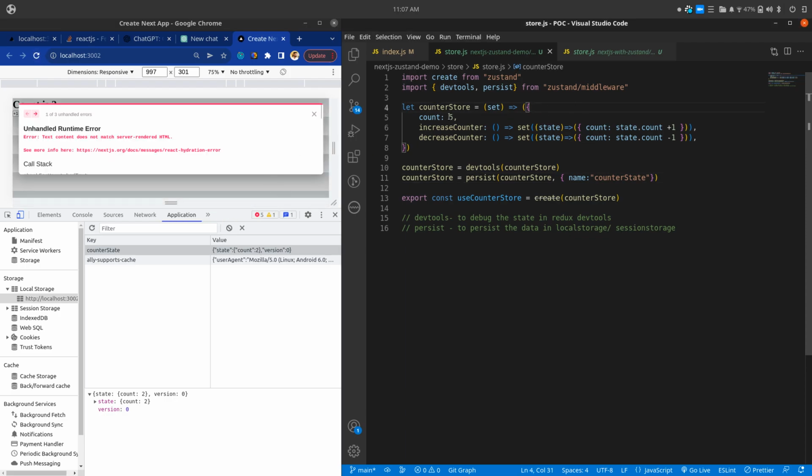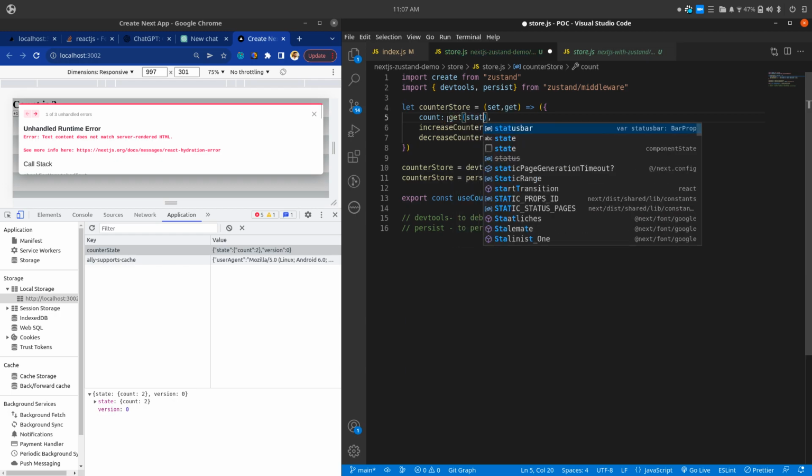Okay, so maybe here this should be something like get, and here get state dot